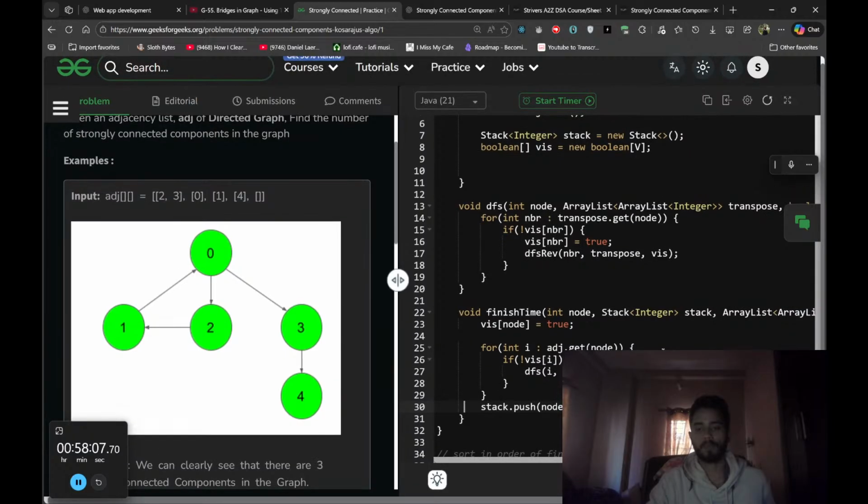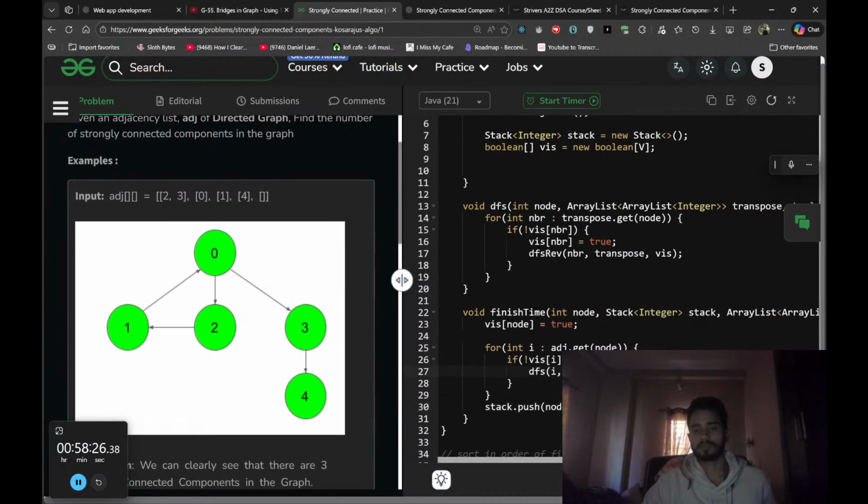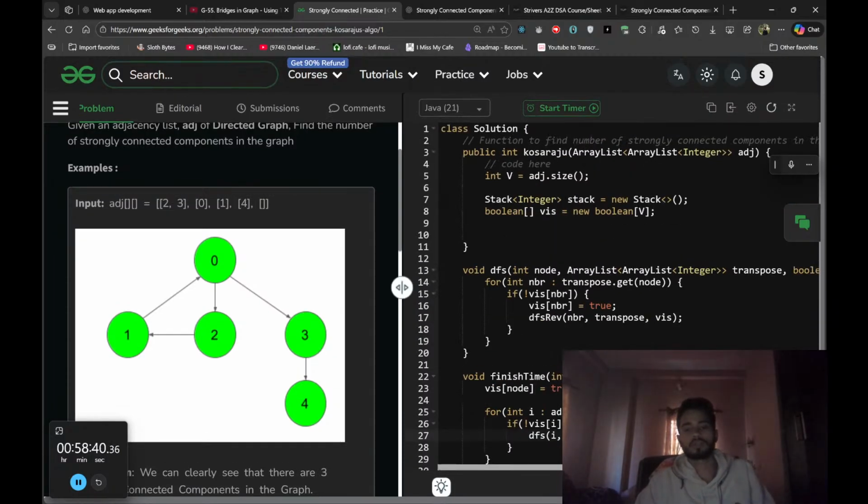Node is gonna get used. I never used stack. Okay. Stack, that's it. Cool. Works. So then